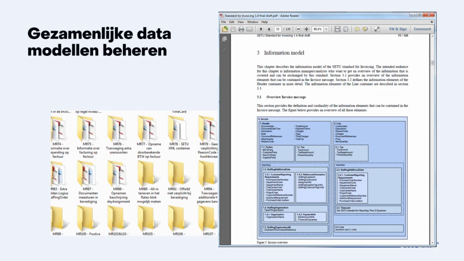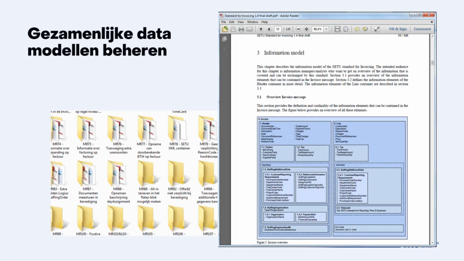You can also call it a change request, where people stated like, I need this specific element for this specific process in this standard. Otherwise, for my system that I'm working with, or for my specific interpretation of the process, the standard is otherwise not usable. So we gathered a lot of these maintenance requests or change requests from the community, which at this point in time, so we're talking about 8 to 10 years ago,